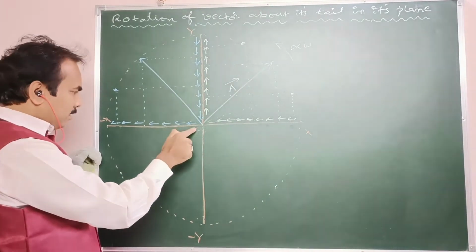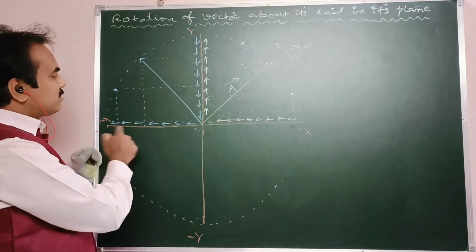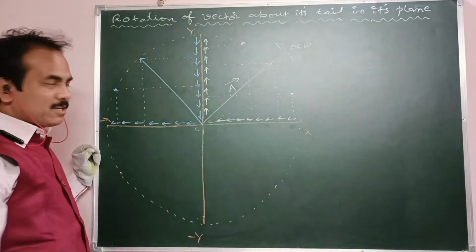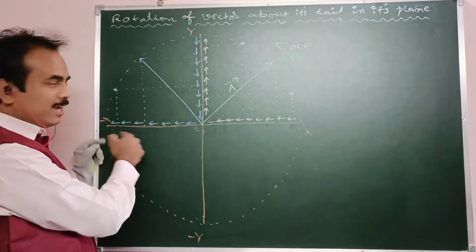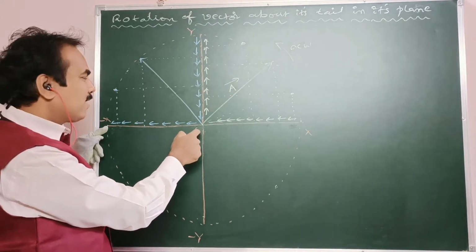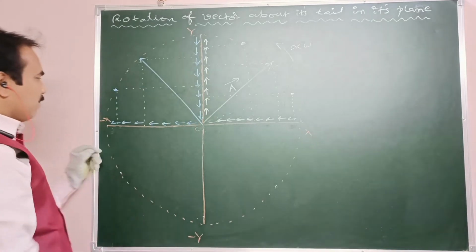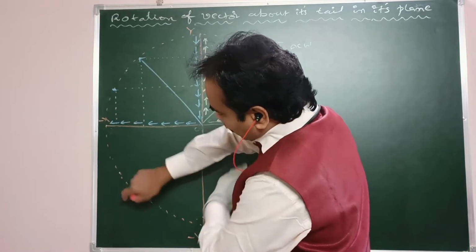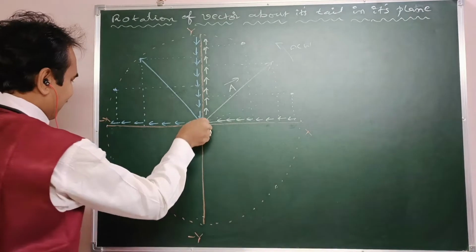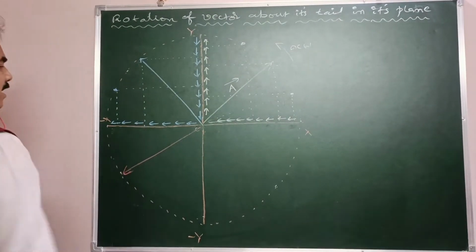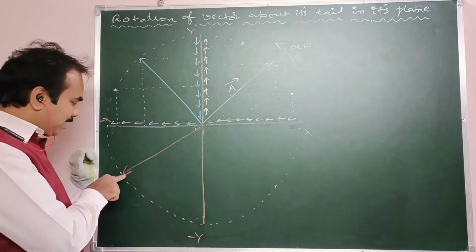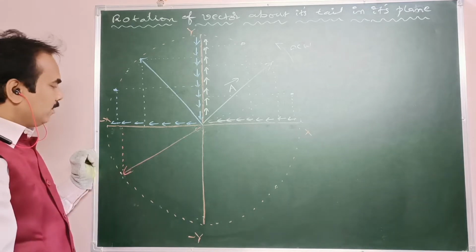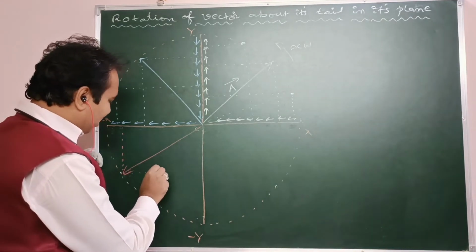Whenever this vector aligns with the negative x axis, what happens? Suppose this vector comes here, pointing in the negative x direction. Pointing in the negative x direction means it has only an x coordinate. In that situation, what is the y coordinate? 0. Suppose the same vector is rotated like that and enters the third quadrant, lying somewhere here. Now draw two normals from the tip of the vector onto the x and y axes. From this tip, I am drawing one normal, and from the same tip one more normal onto the y axis.